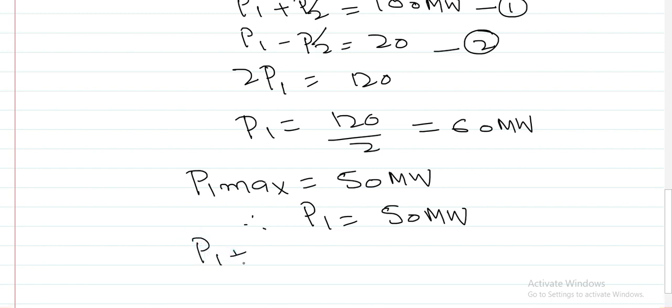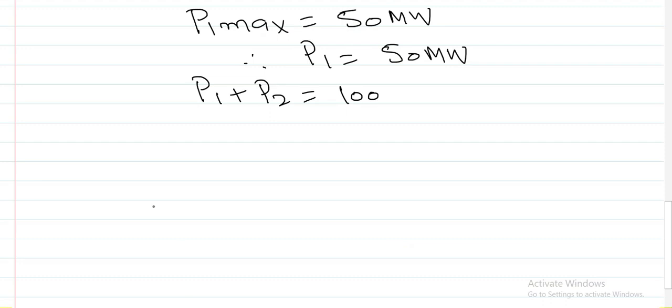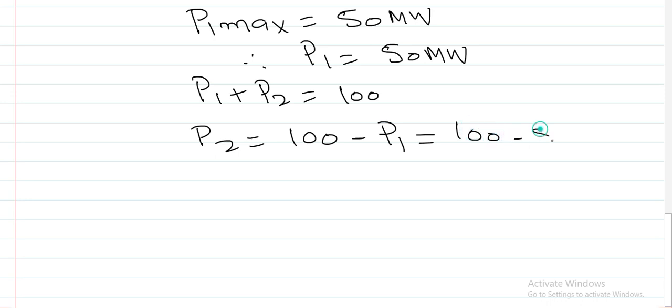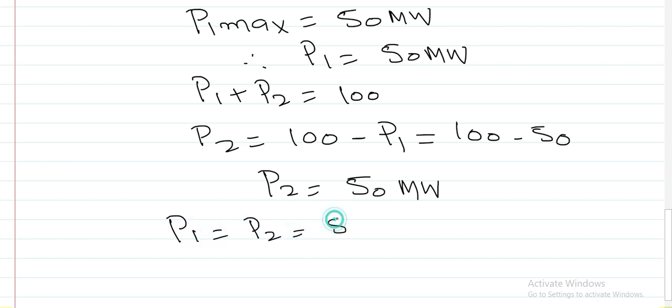That is, P1 plus P2 equal to 100, so P2 equal to 100 minus P1. That is, 100 minus 50, so P2 equal to 50 megawatt. So we conclude with this: P1 equal to P2 equal to 50 megawatt